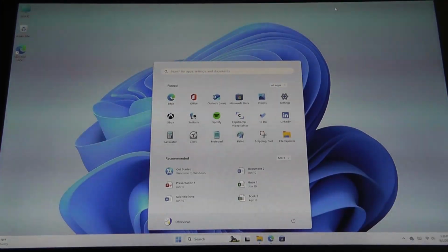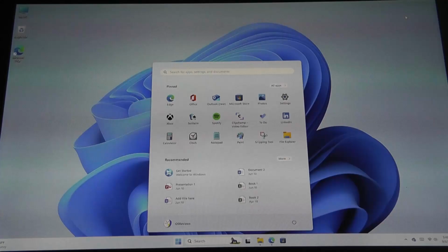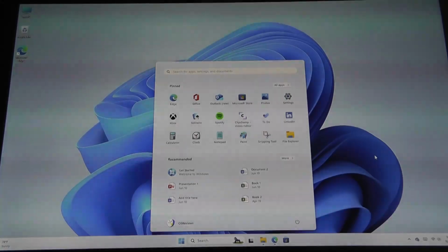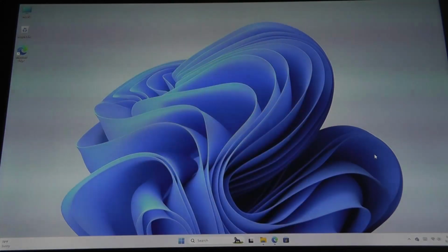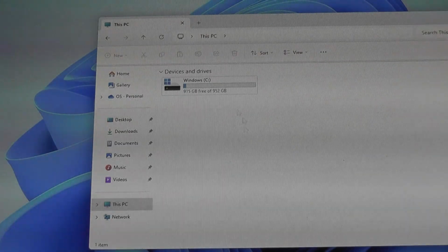Alright, so the setup process is pretty straightforward. It only takes around 2 or 3 minutes to get into the Windows UI from setup. Signing into a Microsoft account is optional and something that you do inside of the Windows UI instead of during the setup flow. And that means even connecting to Wi-Fi is something that you do when you get into the Windows environment here, so initial boot is really fast, and it's a fairly clean version of Windows. There are no other bloatware apps on here aside from just the Microsoft Essentials,